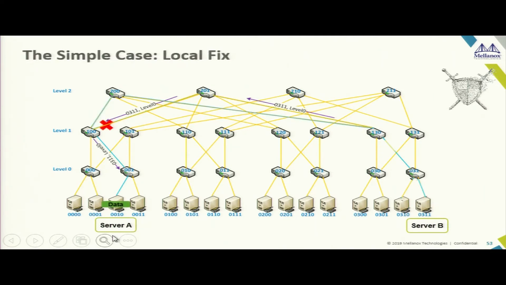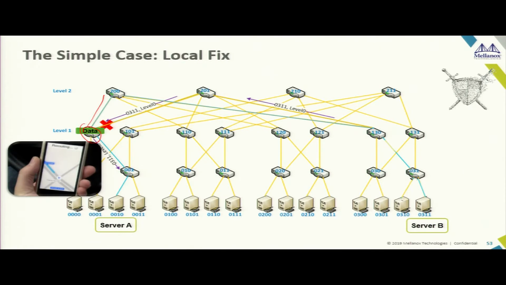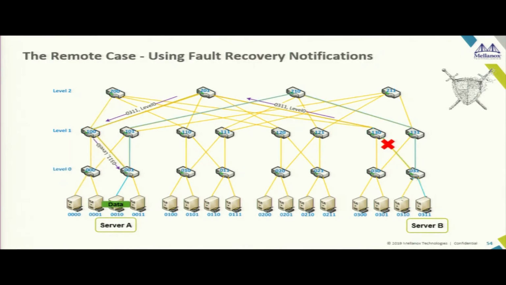Okay? Consider a scenario in which this particular link failed or this particular link had some errors. It's automatically built into the switches that if there was an error, it will find an alternate path. So when the data goes from this server, it will come to this switch. It will say, that link is bad, I will take the alternate path. It will reroute, it will come over here. That's fine, okay?